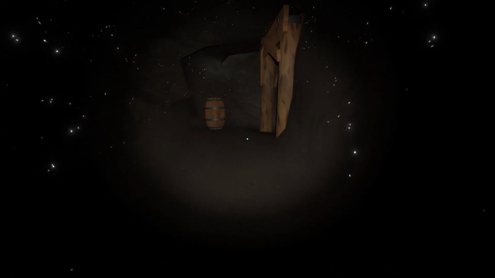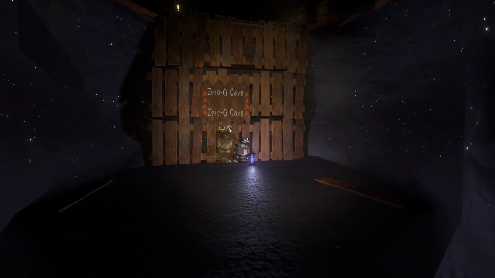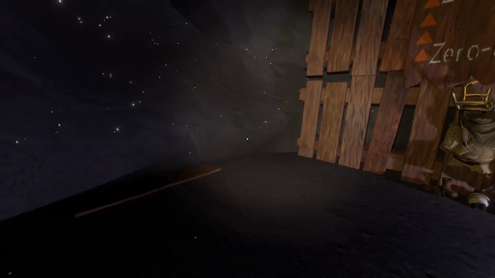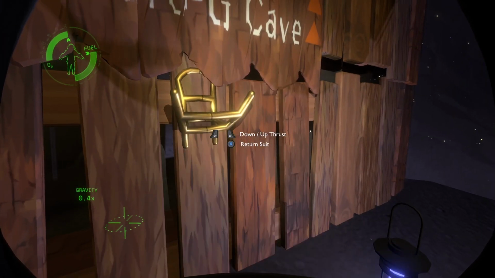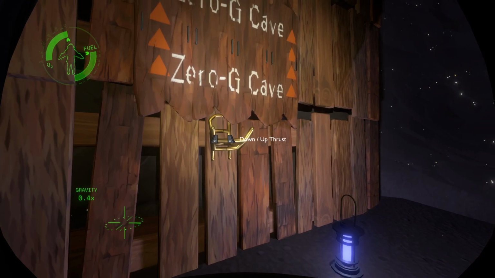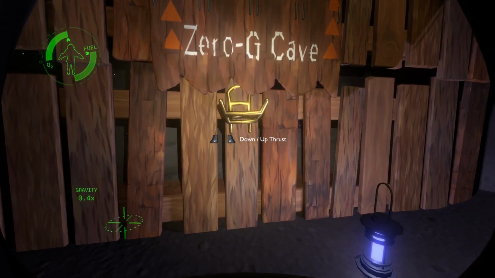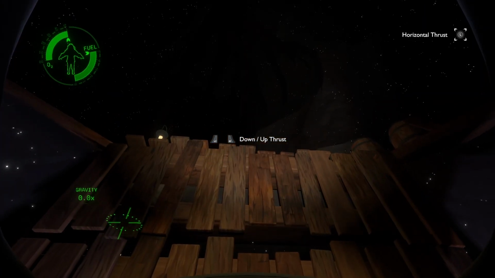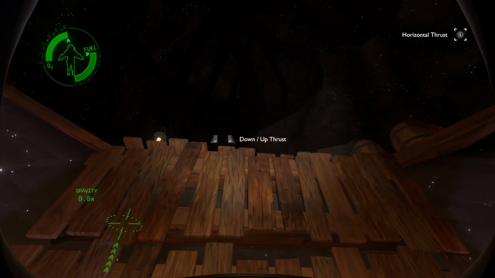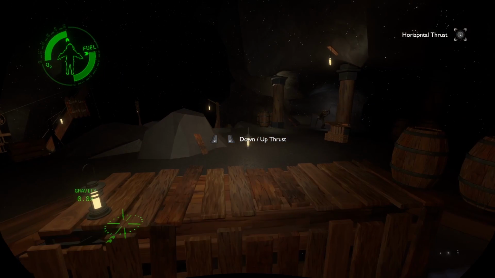Okay. I can jump. 0G cave. I'm gonna continue saying 0G because we put the suit on. We have... Oh, I forgot about this, actually. And I can return the suit. We have thrusters. Let's go for it. And these work pretty much...